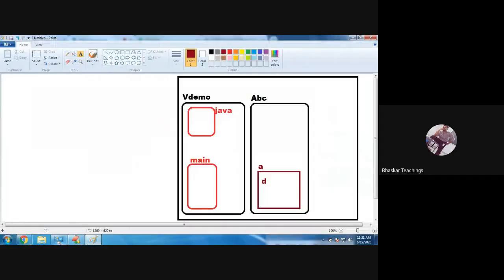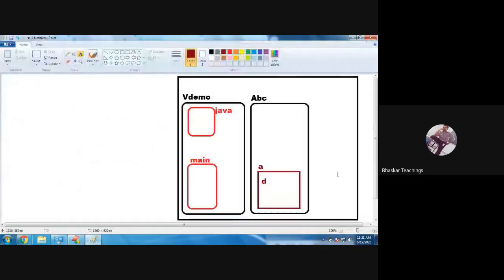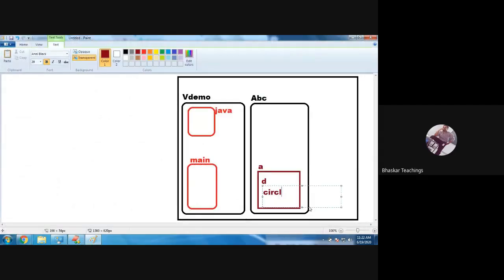Okay, fine. So along with A, the functions circle and triangle will be loaded. Circle and triangle. Okay, fine.